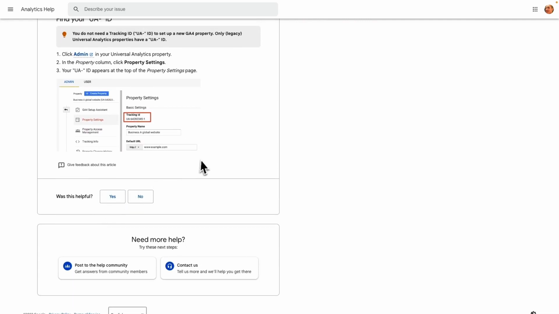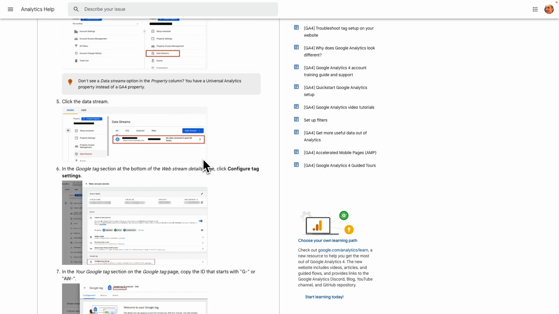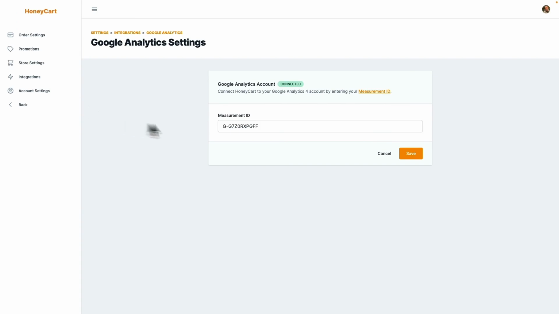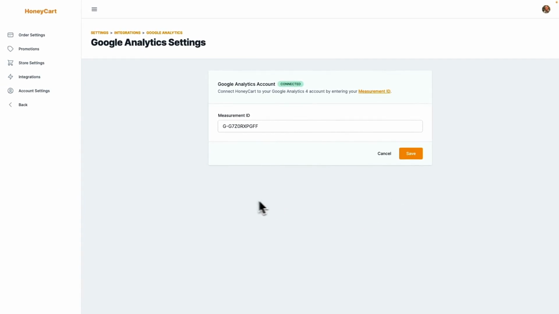But once you find this, you're going to just go back to HoneyCart here, paste it in here, and then press save. And then once you do that, you can,